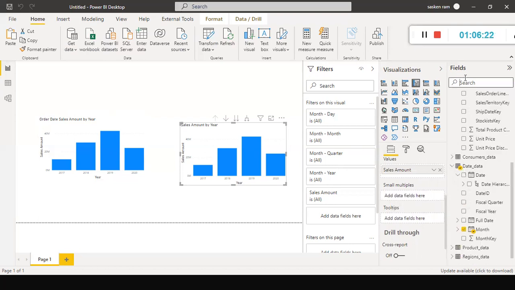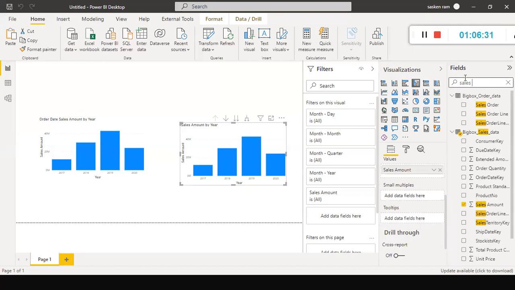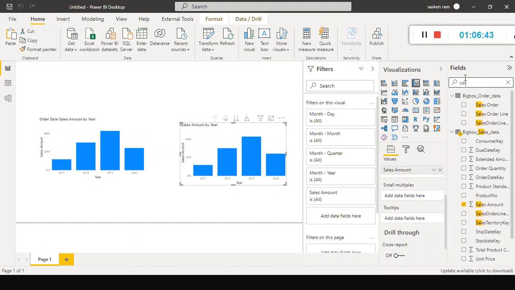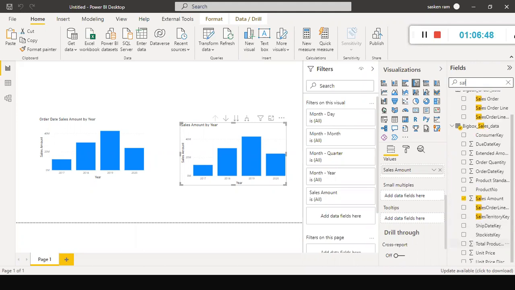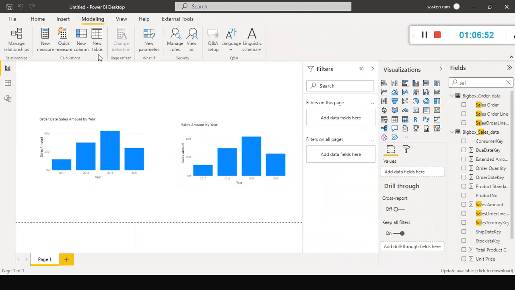Okay, it should be that will not get deleted. You remember the measure which I created? I forgot. Okay, I'll just show you with another. We'll create one more measure. New measure.